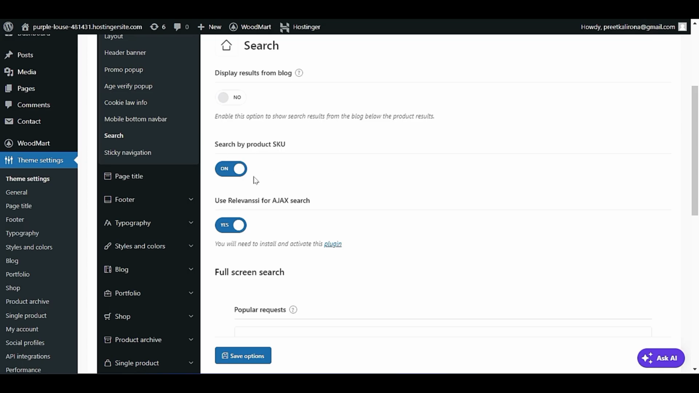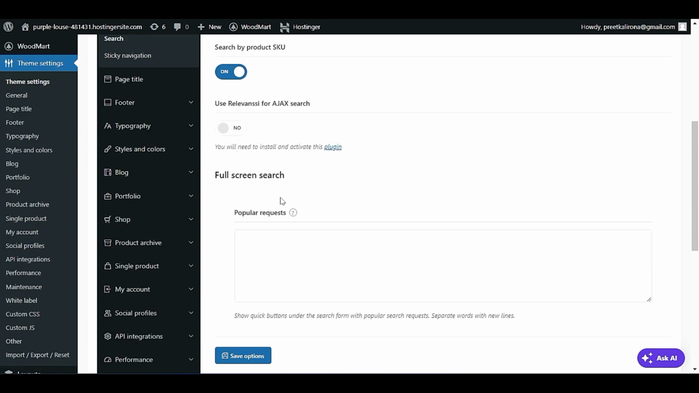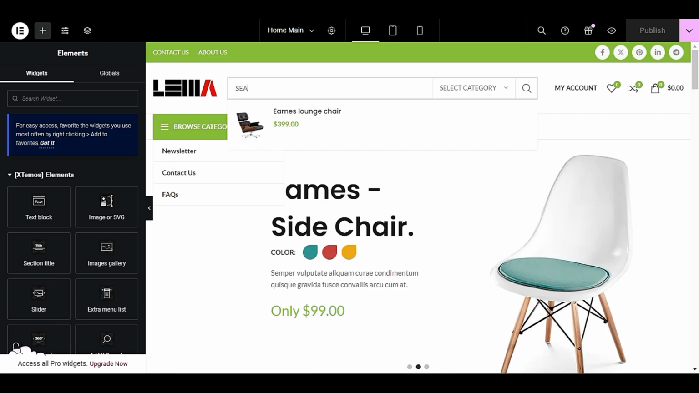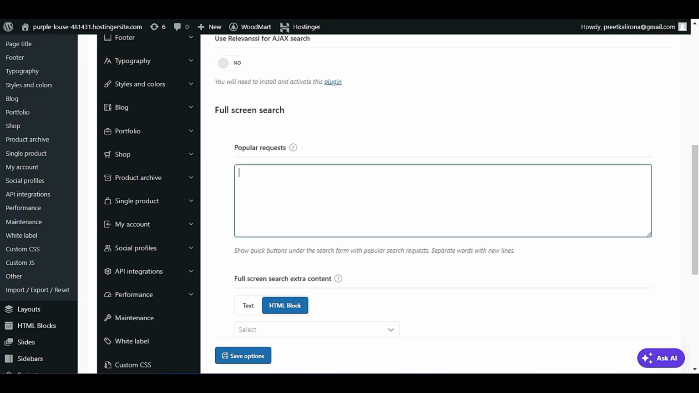Search product by SKU. You can use relevancy. Full screen search. If you want a full screen search, you can display here popular request. If you want people to search this topic, they will see here downside when they start search, only click with the mouse within the box, they will see popular search option, popular search this product, this product, this product. Okay, like